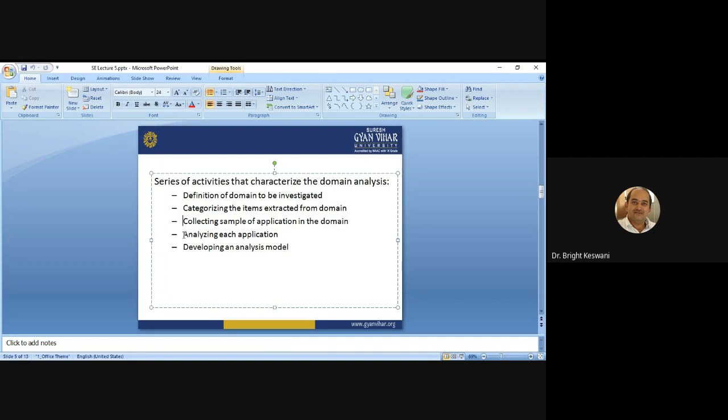The purpose of domain analysis is to make components reusable. Identifying the reusable components is the first goal. Then, if reusable components are not available, making them available is the second goal of domain analysis.